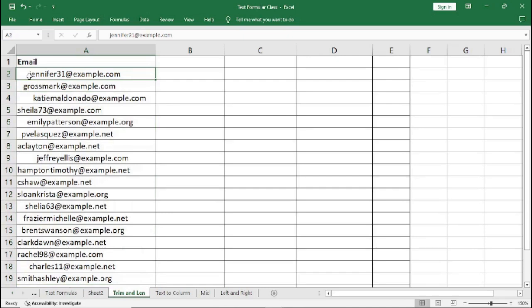What I mean by irregular spacing, if you look here, there is some space before this address. There is some space here, and some space here. Then probably in front of the record here, there is some space, which we don't even know about. Sometimes you download text from certain applications, and when the text arrives, it may arrive with irregular